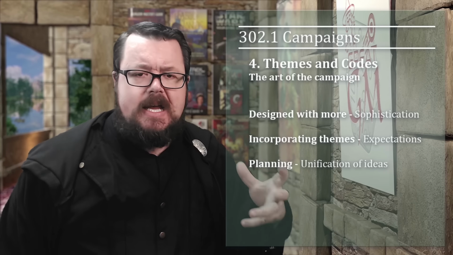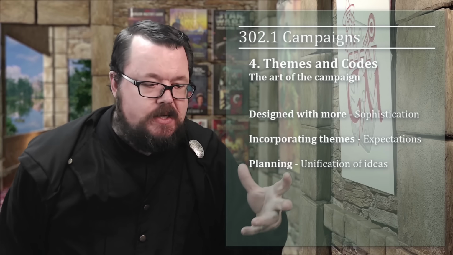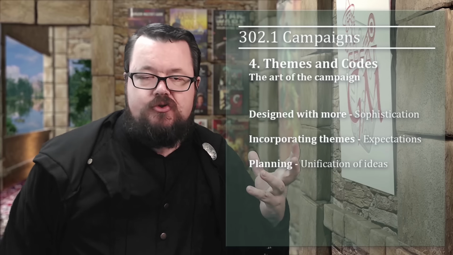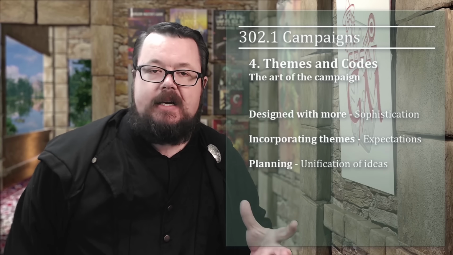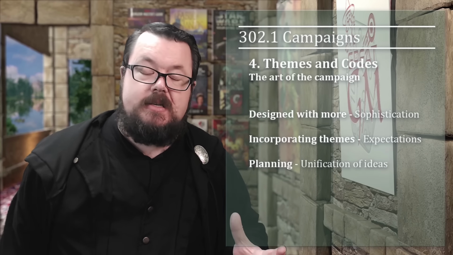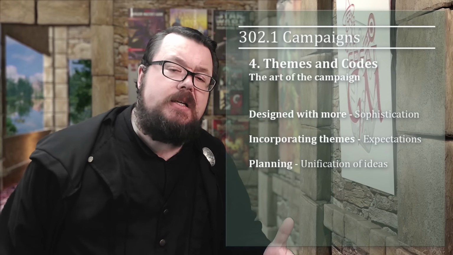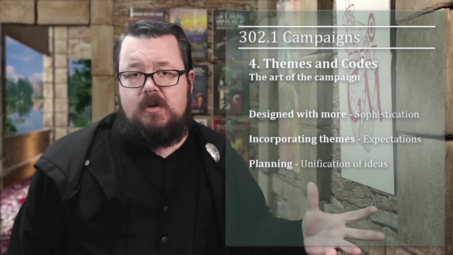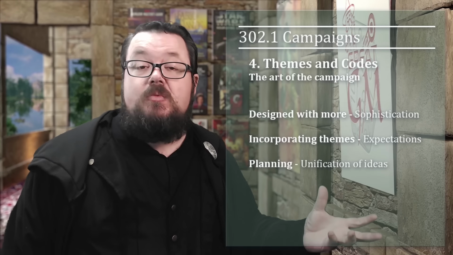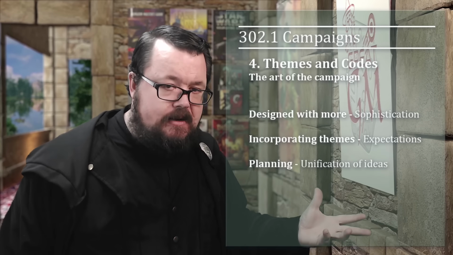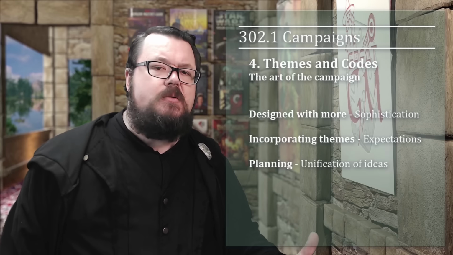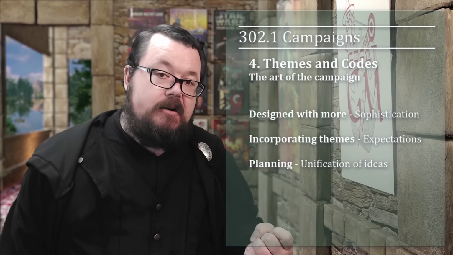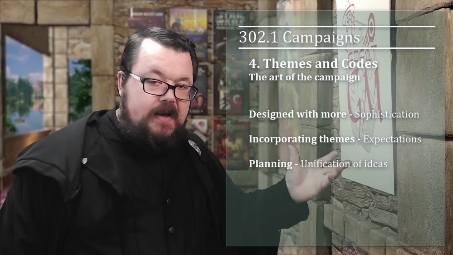Those themes can build expectation. So when we encounter Count Dracula, we have a whole lot of expectations that go with him. When we encounter the young woman who was wronged by Dracula, who escaped, and she wants to go back and hunt him down, we expect so much. Themes are really, really powerful. And again, we develop them over time.